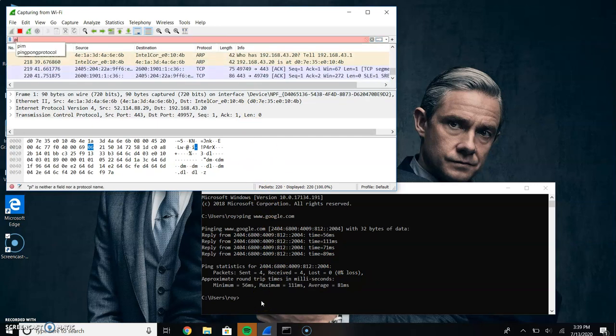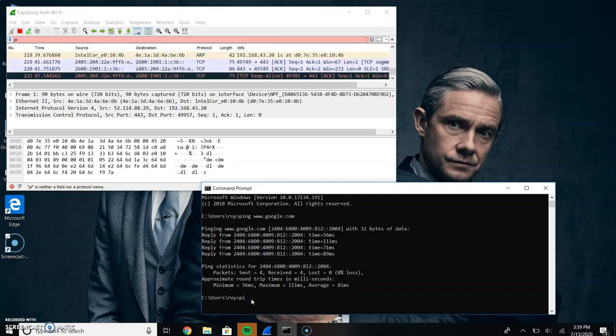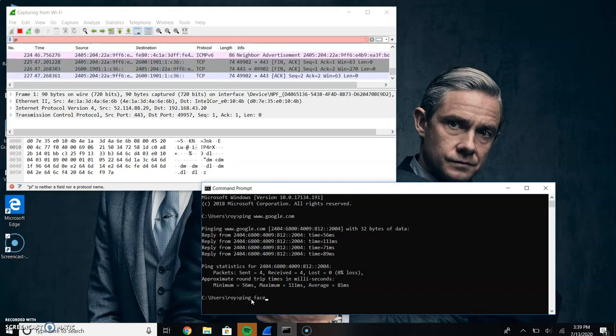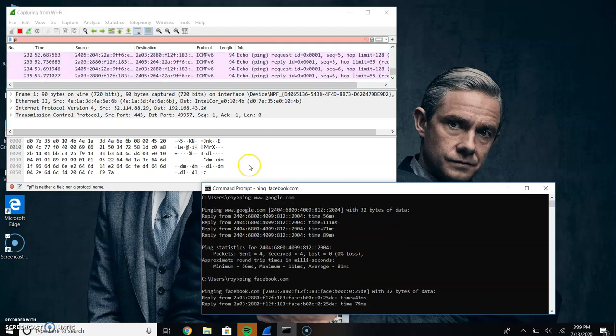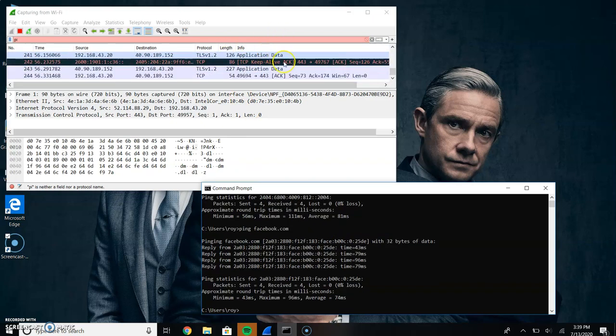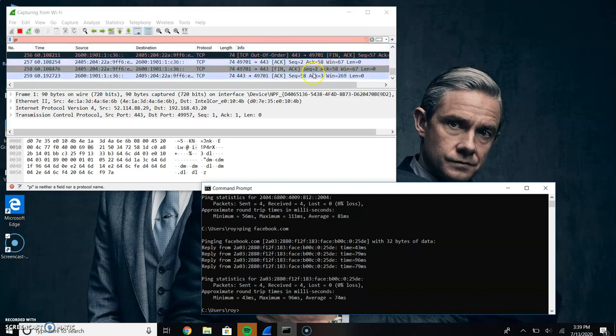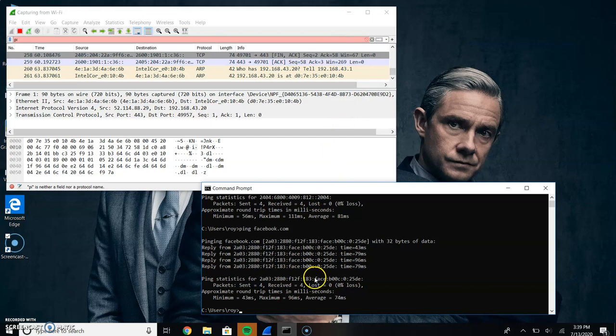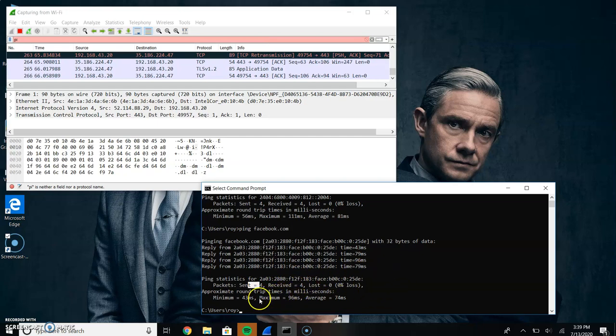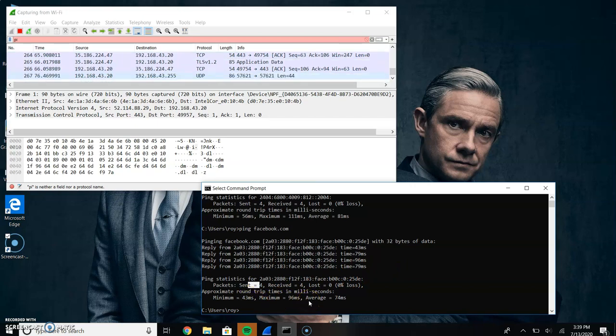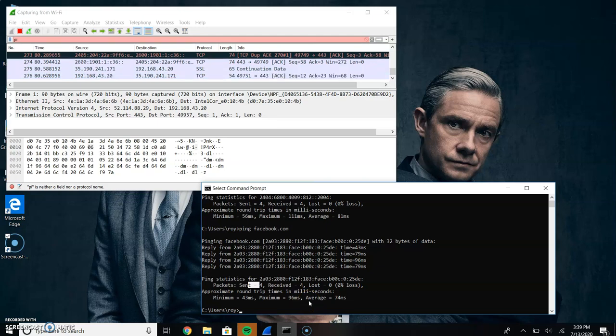If I go for another ping to any other server, like ping facebook.com, then we could see in the Wireshark network analyzer that ping data is being passed, and some information is gained: the packets sent from our side were 4 and received by the Facebook server were 4, and round trip time has been given as minimum 43 milliseconds and maximum 96 milliseconds, and the average becomes 74 milliseconds.